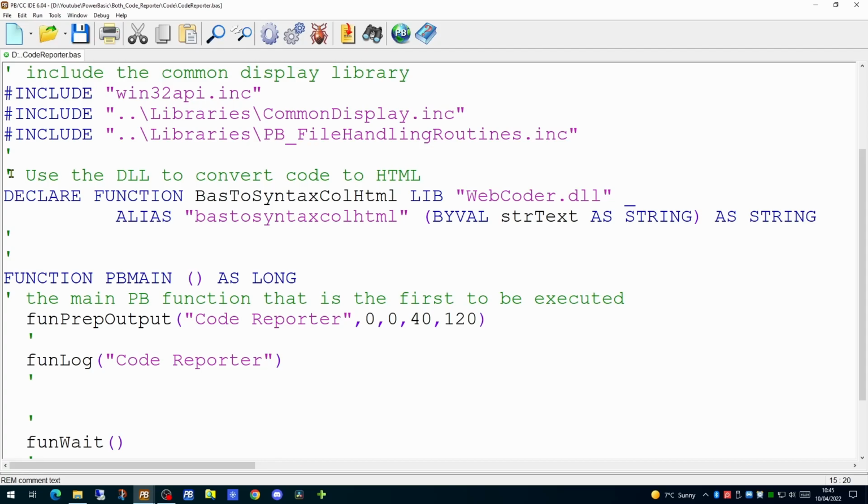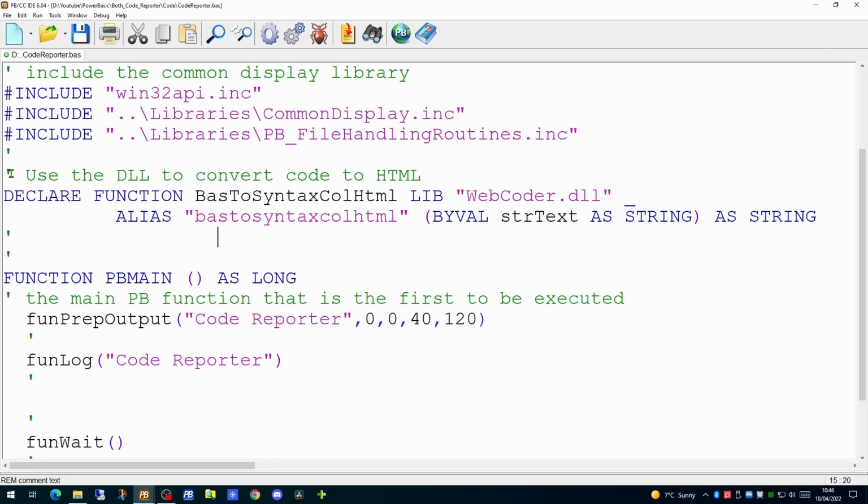To declare such an external function, you mainly have to use the declare function command. This is followed by the name of the function as referred to in your code, followed by lib for library, and the name of the DLL that contains the function we're going to use. In this case, we're going to have the DLL in the same folder as your application. As you will see, we have put no path in the name of the DLL.